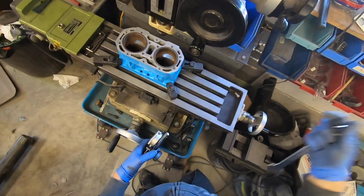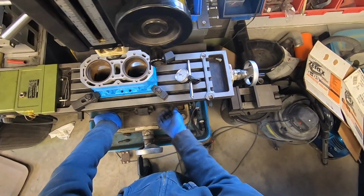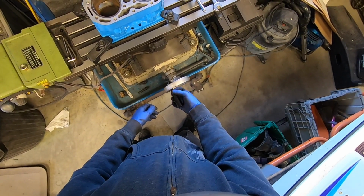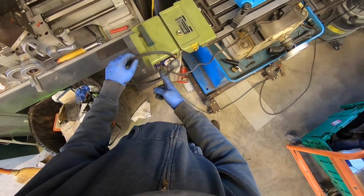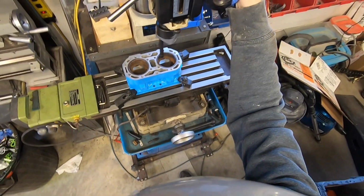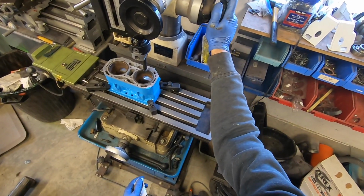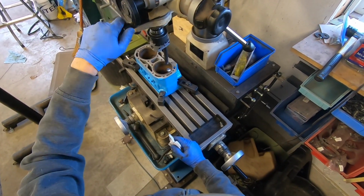All right, before I forget, before I bump anything, I'm going to lock the table down real tight. And then I'm actually going to remove this handle so that I don't bump into it. I'm also going to turn off the power feed so I don't bump this and move it. I do not have a power feed set up on this mill, so what I need to do is turn this knob, which engages the micro feed or the accurate feed, don't know what you call this, but